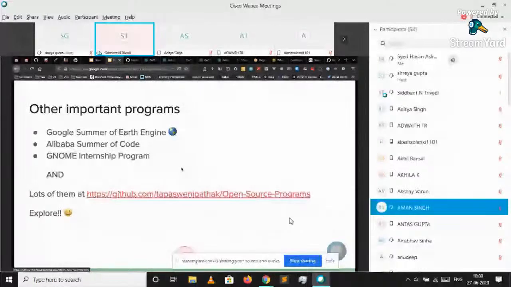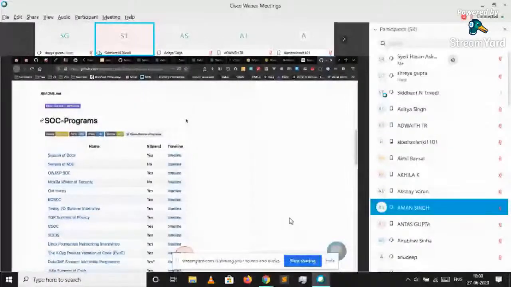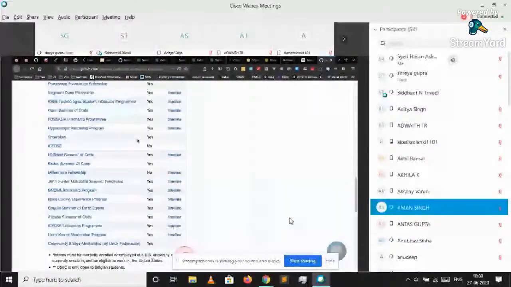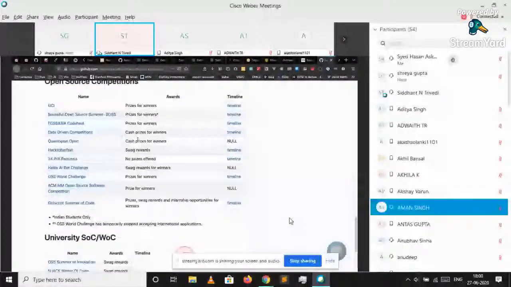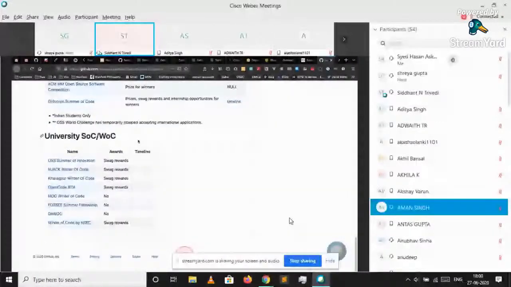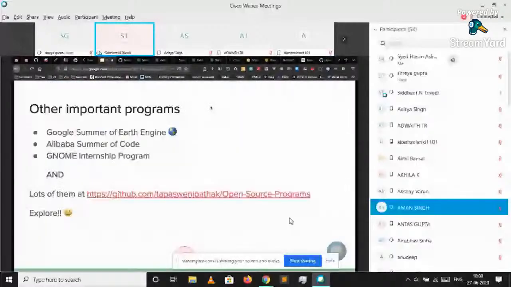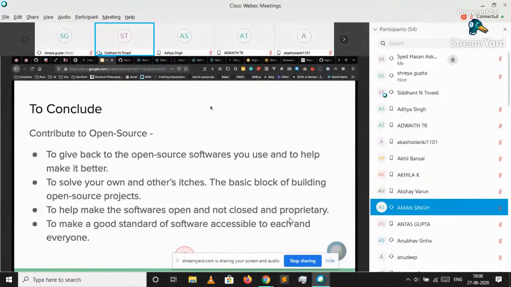Let me show you this once. Yeah, so this is the GitHub repository, and this is the whole list of programs that she has. So there are a lot of programs. Some of them are currently inactive, but you can take a look at them. Mostly they are active. So you need to explore everything, like which program suits you and which program can be of help to you. So at the last, to conclude, contribute to open source not just to improve your skills, but